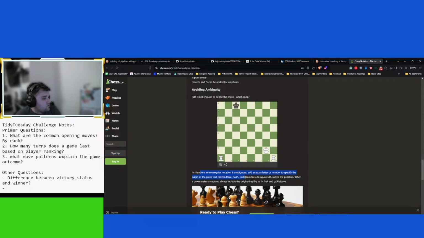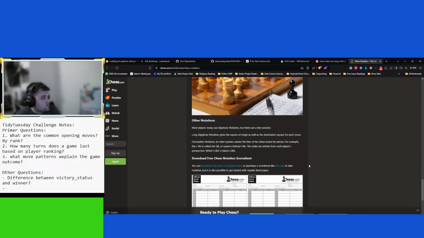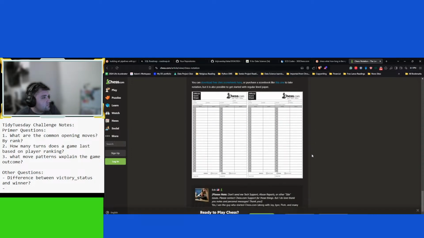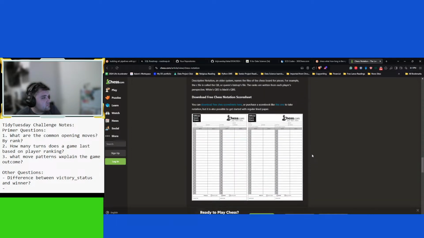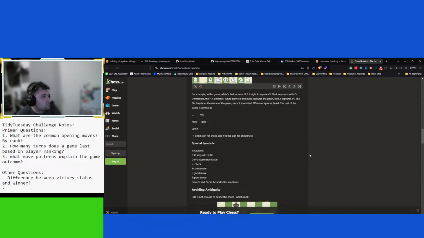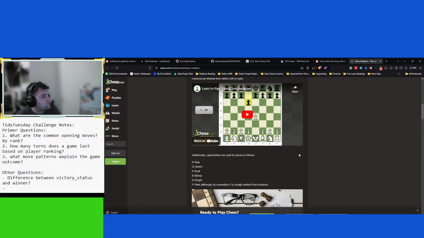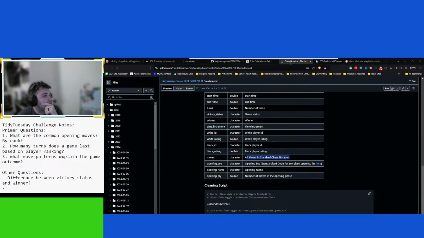Here, Rad1, rook from the file A to square D1, solves the problem. When a pawn makes a capture, always include the originating file, as in F takes e4 and G takes f6 above. Okay, I'm gonna keep this open because I am not familiar with chess notation at all, so this is gonna be good to keep.